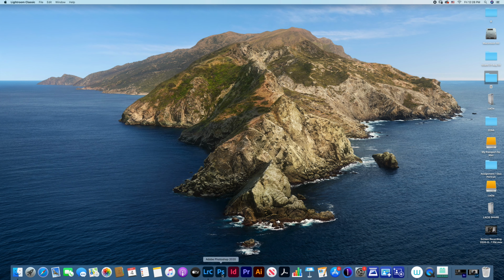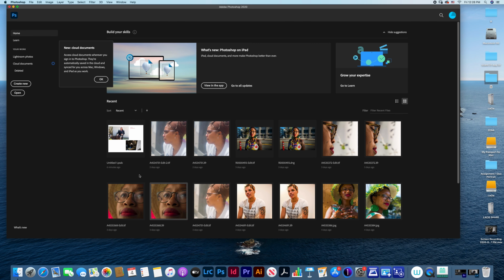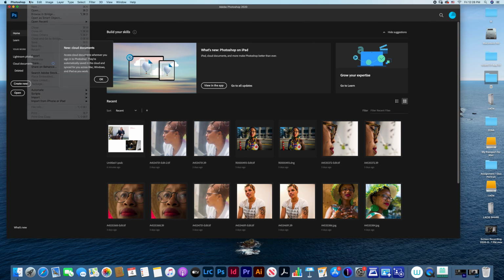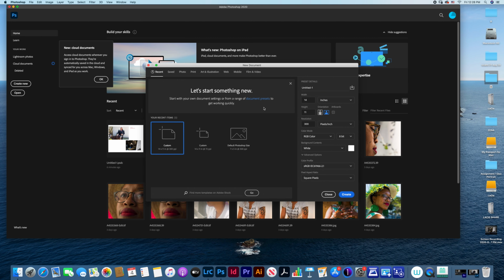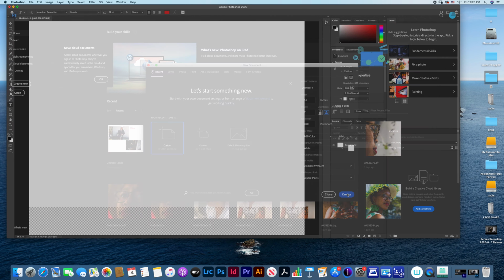We're going to go to Photoshop, open that up, go File, New Document. We're going to go with a 14 wide by 11 high at 300 pixels per inch document.